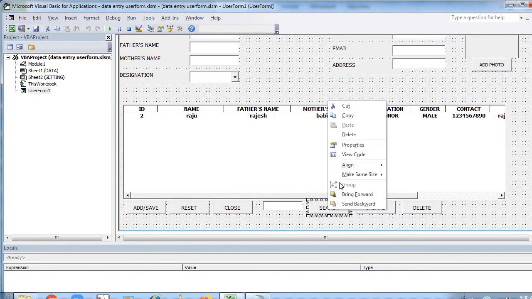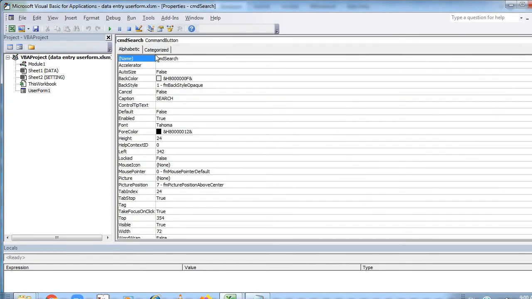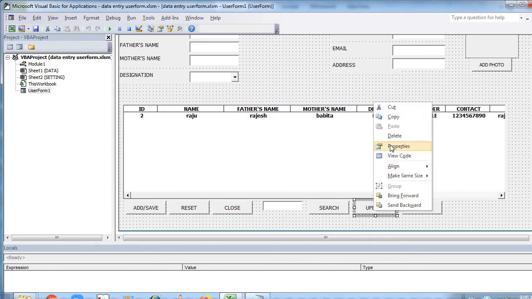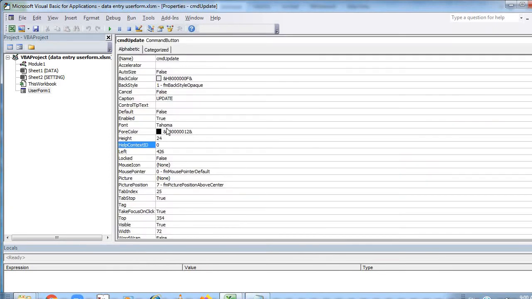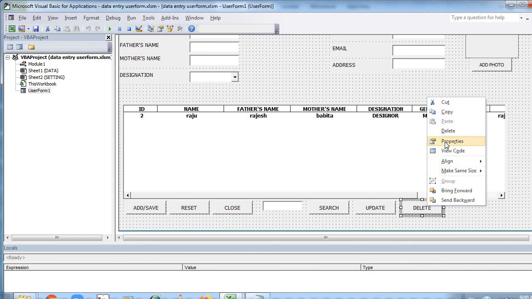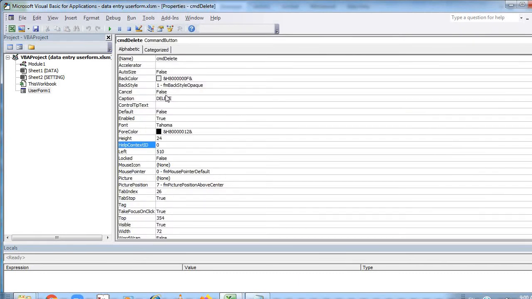Then search: properties, cmd search, and the caption is Search. Then update: properties, cmd update, and the caption is Update. Then delete: right click, properties, cmd delete, and the caption is Delete.